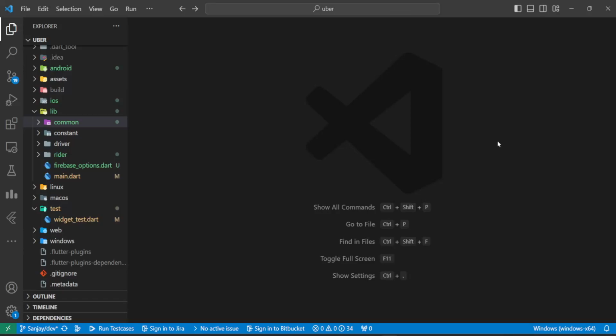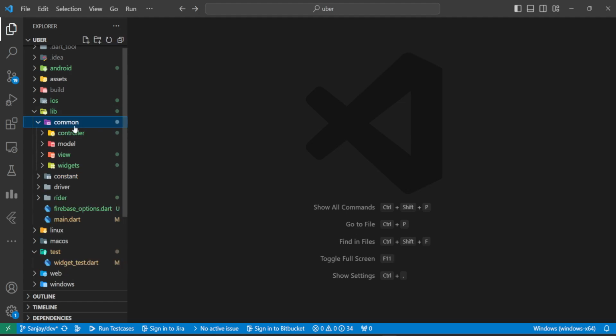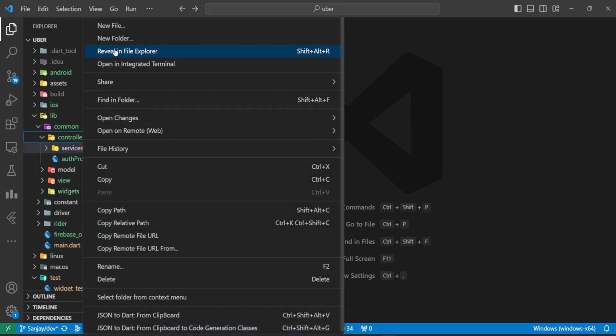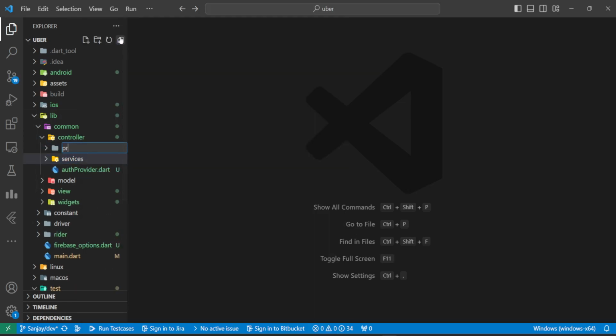Let's write some logic for mobile authentication. So we'll head over to common. Inside this lib folder, we do have this common folder, and inside common, we will head to controller. We will add a new folder here, naming it services, and another folder inside controller, naming it provider. So we will shift the auth provider inside this provider folder, and inside services, we will create a new file,